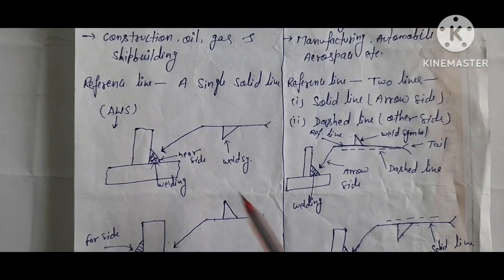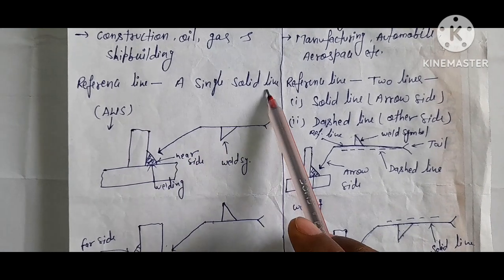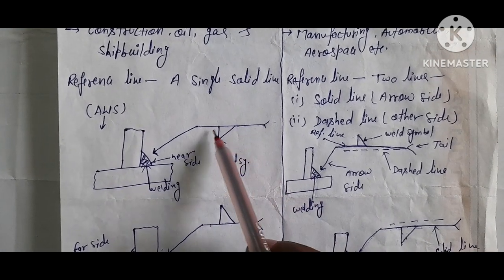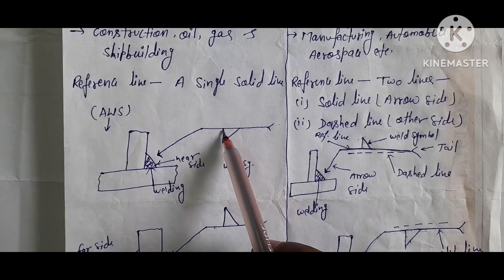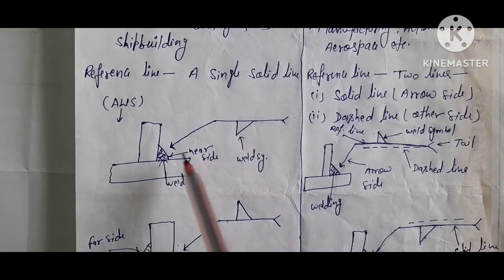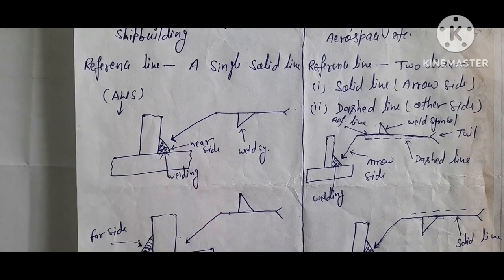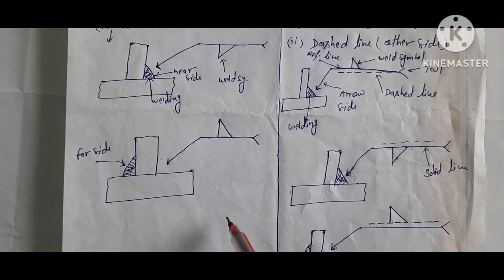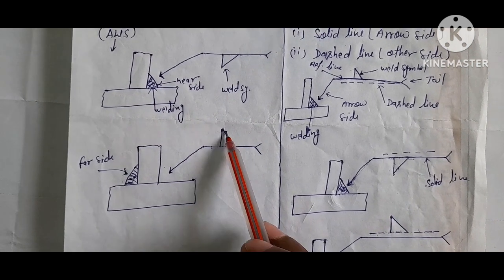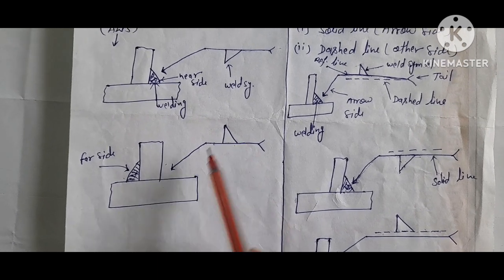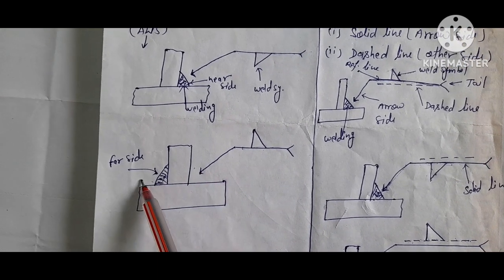Here the AWS weld symbol has only one solid line, and if the weld symbol is situated below this solid line, then it means welding is done near the arrow line. And if the weld symbol is situated above the solid line, then it means welding is done on the far side from